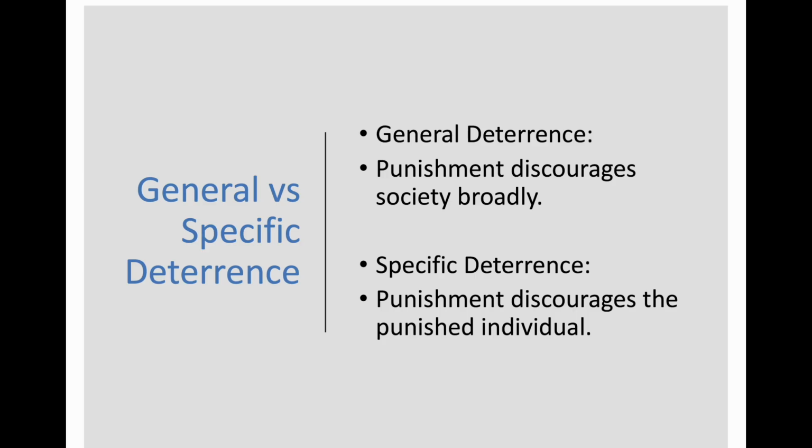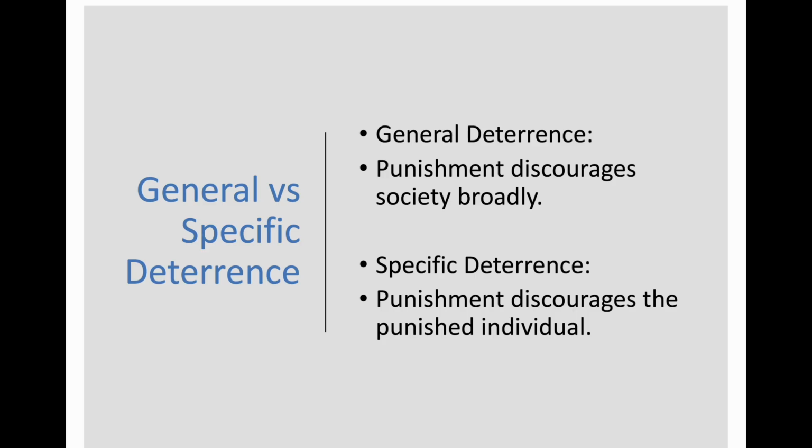with crime. So, the clear distinction here is that general deterrence works through public awareness and perceived risk, and specific deterrence works through direct punishment experience. Now, this distinction raises an important empirical question. Does punishment actually reduce future offending among punished individuals? Interestingly, the answer is more complicated than classical theory originally assumed.